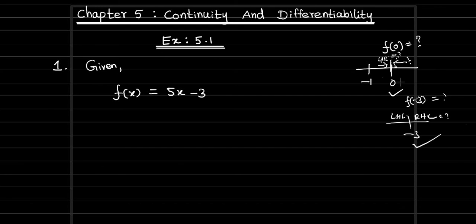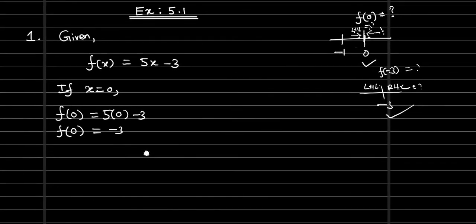Okay, so now first at x equal to 0 we are going to find out. What is the first thing? Since exactly at x equal to 0 we find only one value, directly in the function itself we will substitute: f of 0 equal to 5 times 0 minus 3, that is minus 3 itself. So when x takes exactly 0, the function value is minus 3.